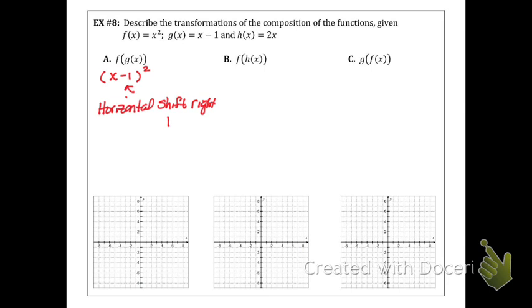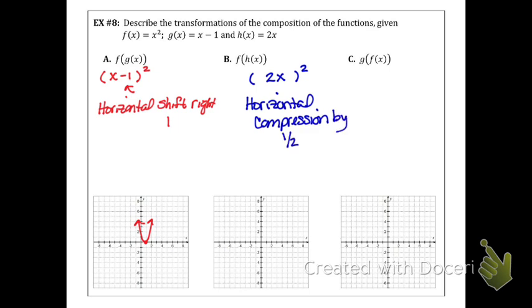And so if I go to graph this, I know that that point there at 0, 0 is over at the right 1, and then I just have my quadratic, my x squared. All right, B says f of h of x. So again, f is my skeleton, so it's x squared, and h of x is 2x. So that 2 is just a horizontal dilation. In this case, it's a compression, to be more specific, but a dilation works,